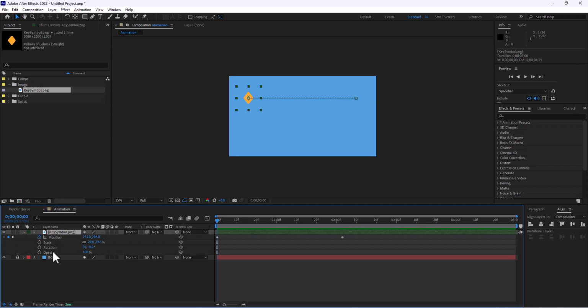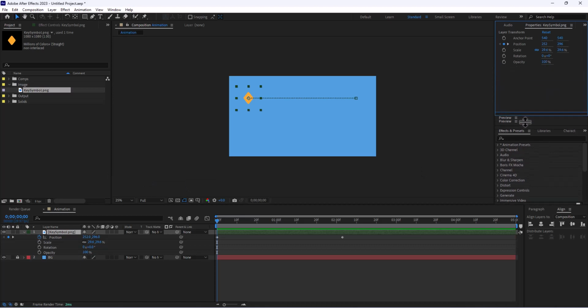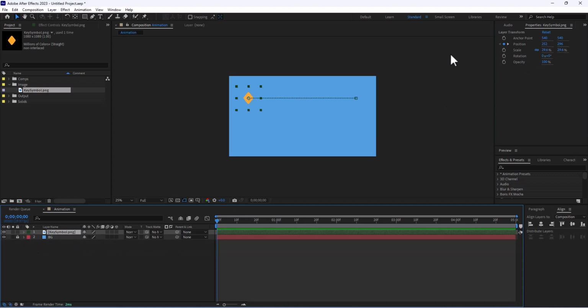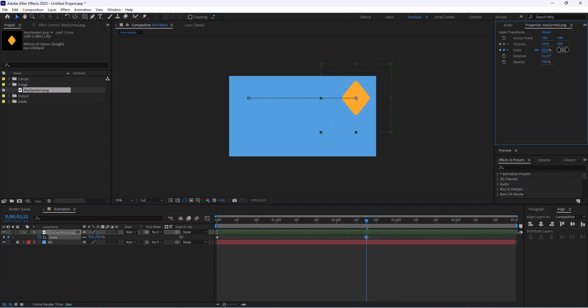Another really easy way to do this in the updated 2023 version of After Effects is to go to something called the Properties panel. The Properties panel is a really great way to see all of those elements at once without having to go ahead and do the drop down. So I can still set my keyframes in the Properties panel. For instance, if I want to set a keyframe for scale and then have this go to that 2-second mark, somewhere over here, I could go ahead and then raise that keyframe,